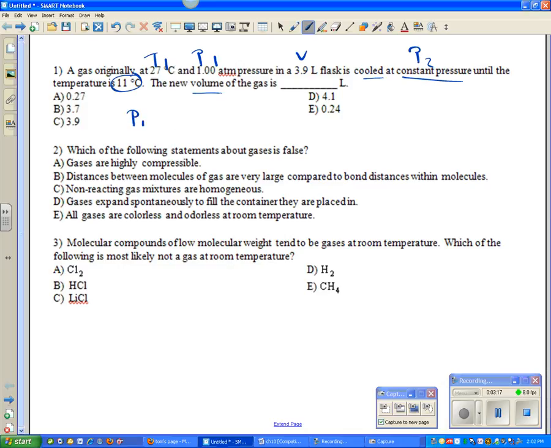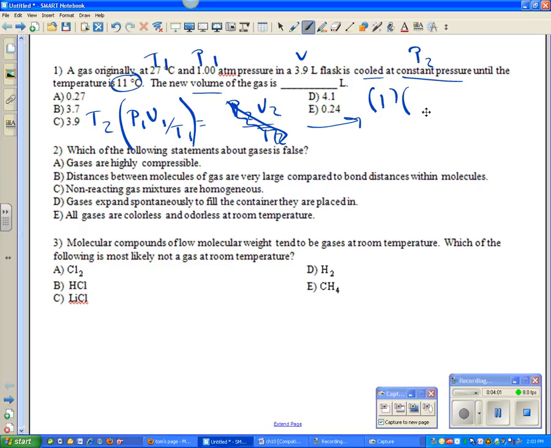So P1 V1 over T1 equals P2 V2 over T2. We're going to solve for this variable right here. So I need to take this and multiply it by T2. I would also need to divide by P2, but it's just 1, so I'm going to ignore it. So V2 is equal to P1 V1 over T1 times T2. That's a whole lot of talking, but I would just plug those in now. P1 is 1. I don't need to put that in, but I'm going to anyway. 1 times